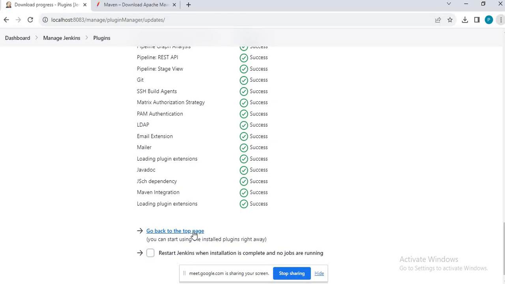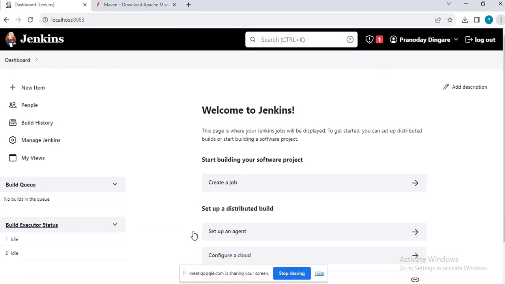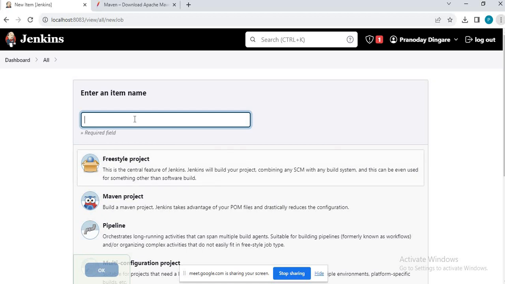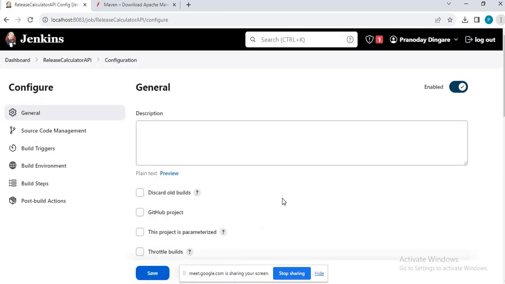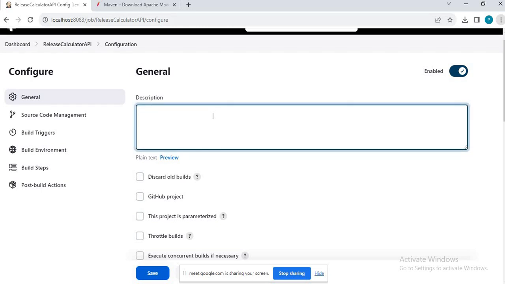Right, okay, now let's go to the job and click on New Item to create a new one. We'll say release calculator API. We'll say freestyle job. I'll say okay. Right, so here we will provide some description.